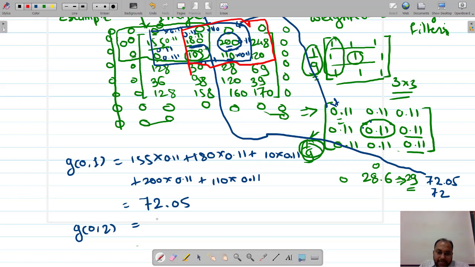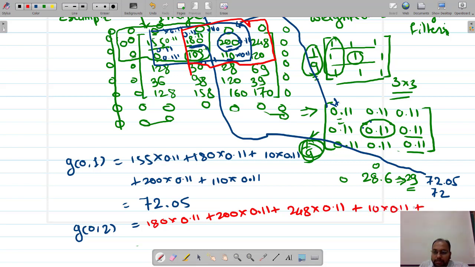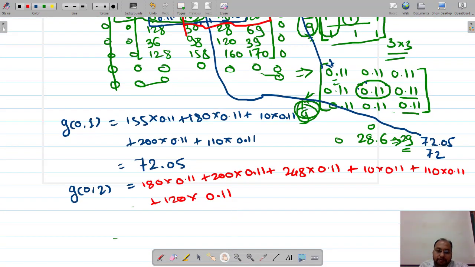So 180 into 0.11 plus 200 into 0.11 plus 248 multiplied by 0.11 plus 10 into 0.11 plus 110 into 0.11 plus 120 into 0.11. Likewise, we are going to compute for each and every pixel.